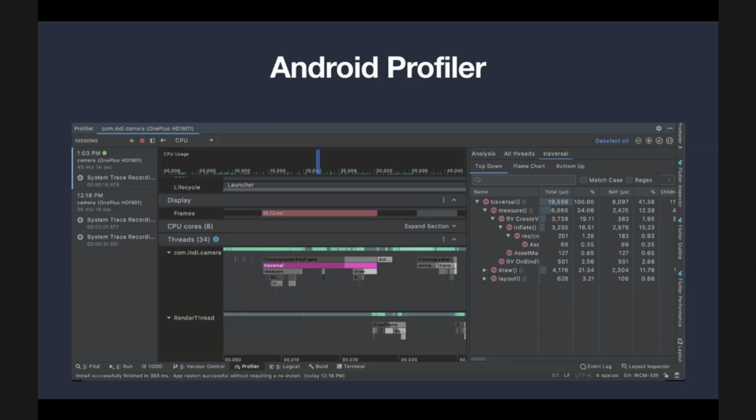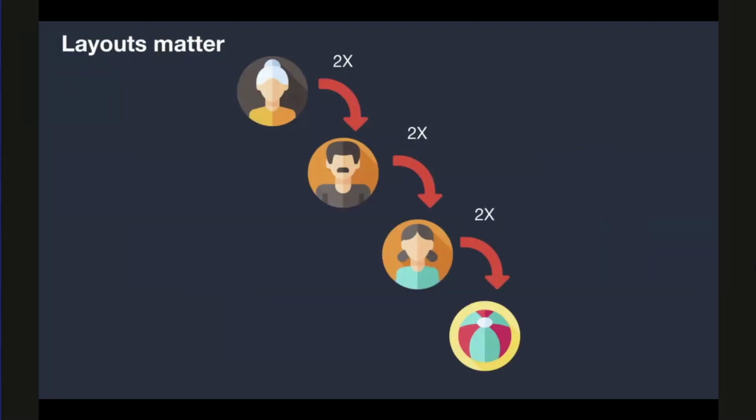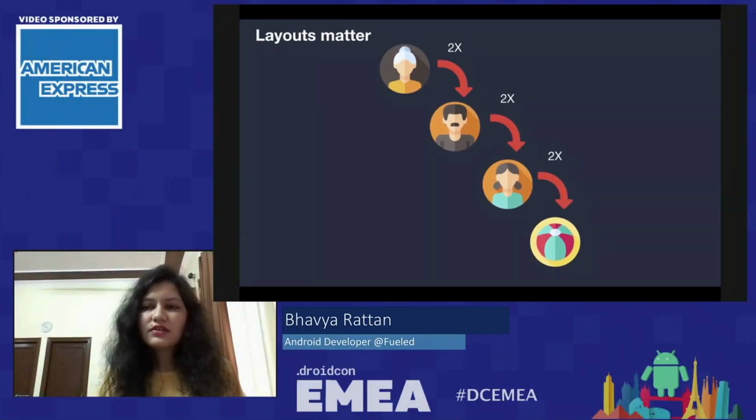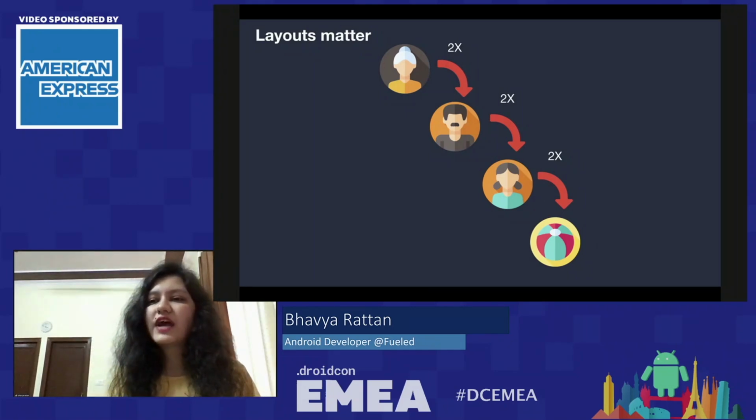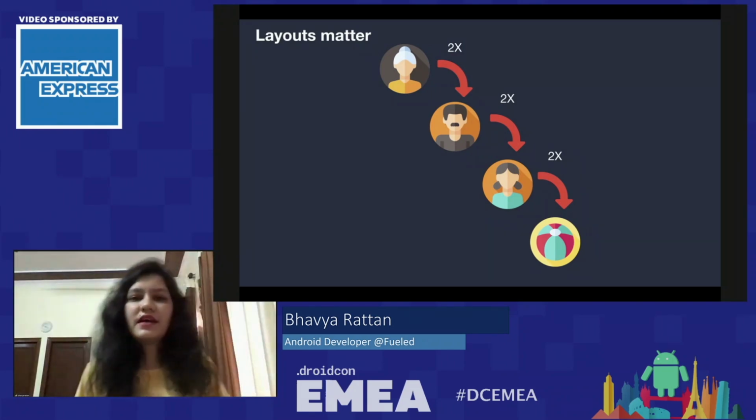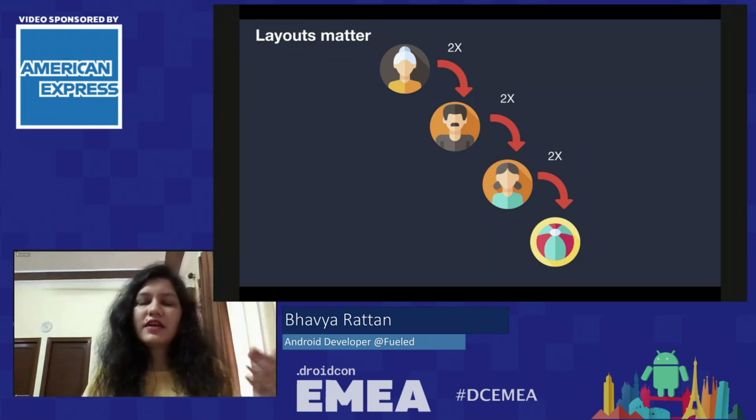So you can see the traversal phase took more than the expected time, and that's why it caused a jank in my application. So this is how you can monitor or diagnose which layouts are causing the jank. Now we know what is causing the jank. We want to know why a layout is causing janky behavior. So for that matter, let's see what happens when a layout gets laid on the screen.